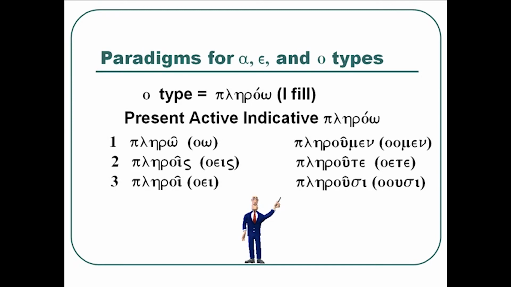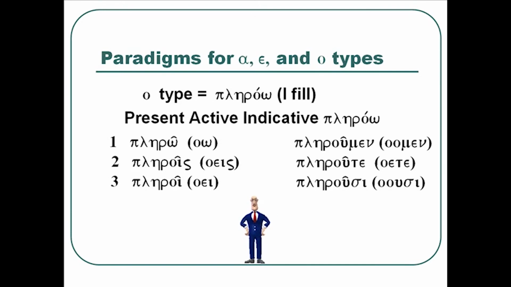Plerute. And for the third person plural, you've got plerusi. The omicron plus the omicron upsilon diphthong, similar vowel initial hitting on the diphthong, drops out, and you're just left with the u. So it's plerusi, which seems absolutely normal, except for that circumflex telling you there's been a contraction.